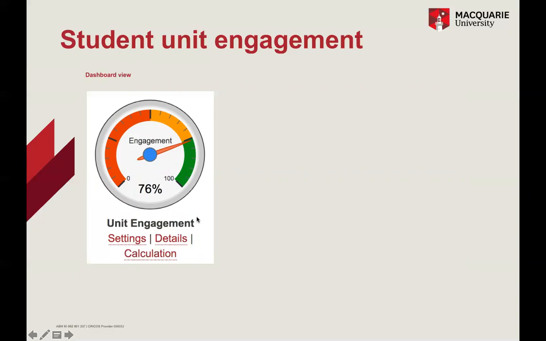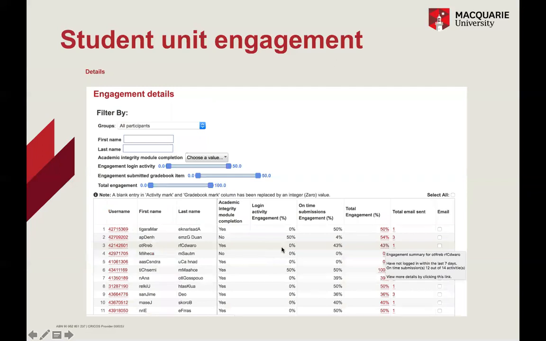So this unit engagement basically has three links over here: settings, details, and calculations. If we go to the details first, what does it do? It shows the student engagement for each student, right? This is a quick way to see, okay, student number one has 50% engagement, this one 54% engagement, and so on. And if you put your cursor over here, it will give you some summary of that particular